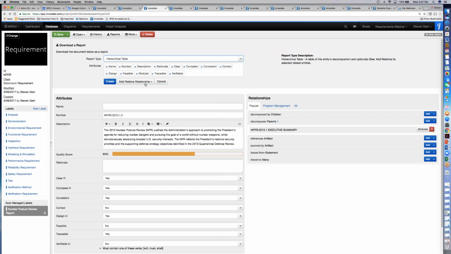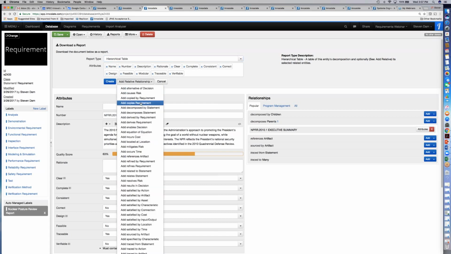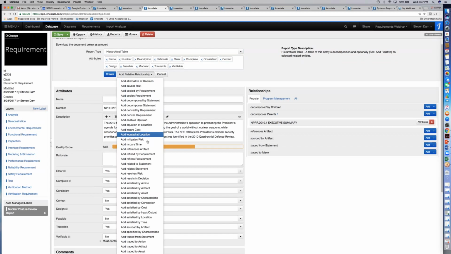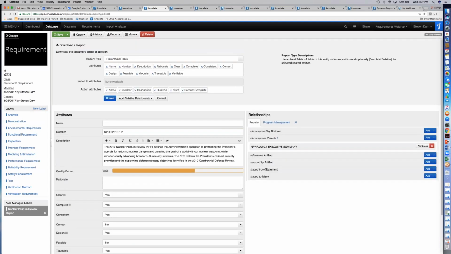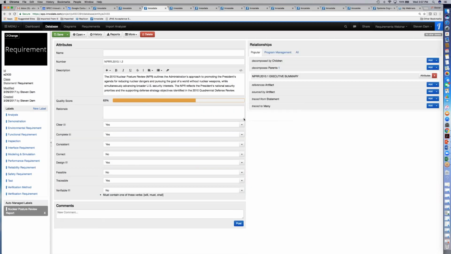So I'm tying this to what it's traced to. I could add that relationship with trace to actions, for example. So that would be the relationship. I'd look for what their attributes are associated with it. So again, I can manipulate these, getting exactly what I want at any point in time. Okay, so